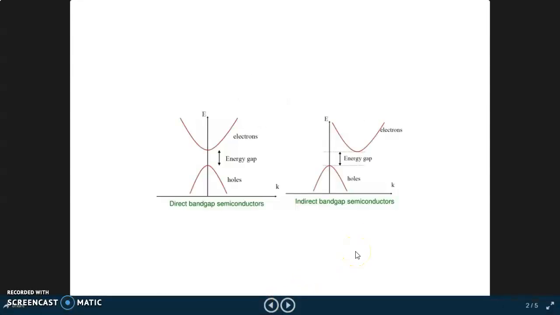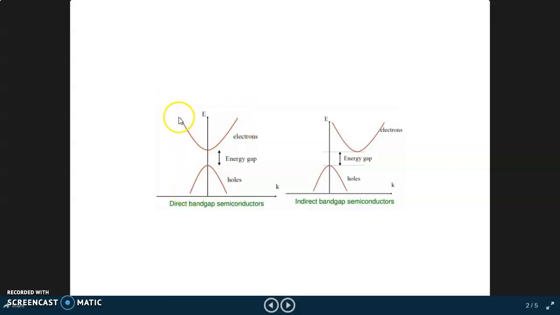See, the direct semiconductor, you can see this one is the valence band and this one is the conduction band. In direct semiconductors, you see that both valence band and conduction band lie in the same plane. So you have a parabolic valence band, because the energy of electrons are different. So we have a parabolic valence band and also the parabolic conduction band, because this states the difference in the energy